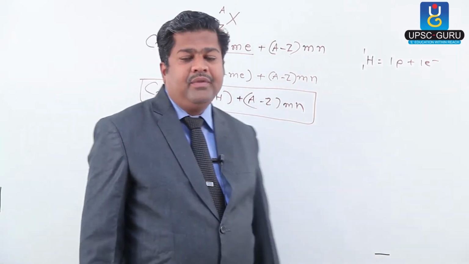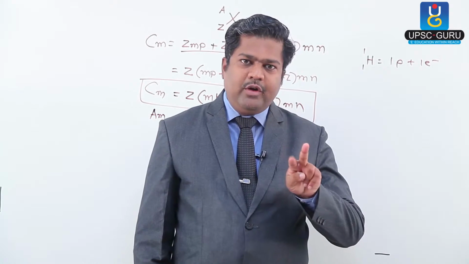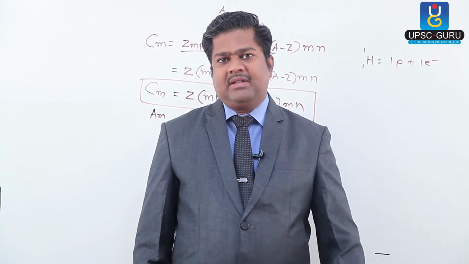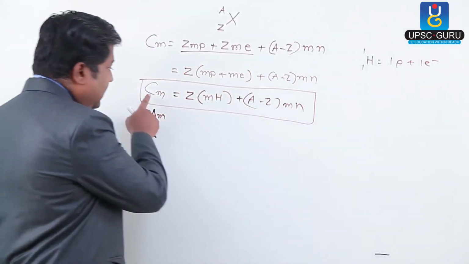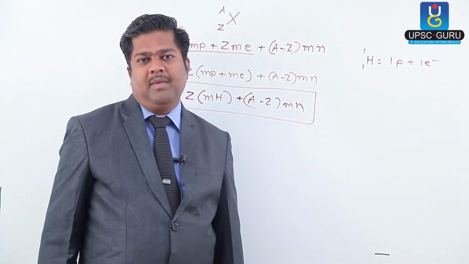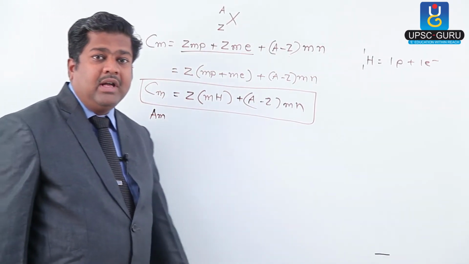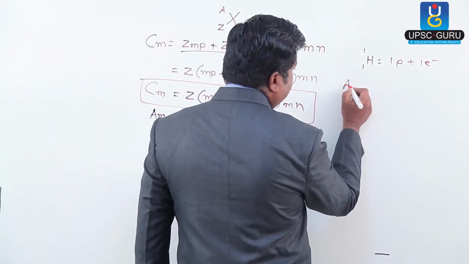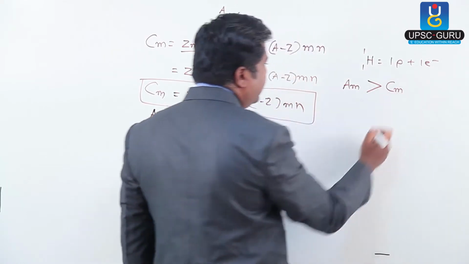Now scientists were just analyzing data. Actually, what we are going to calculate as mass must be the same as the actual mass. The theoretical mass and the observed mass should be the same. This is the theoretical mass, whereas this is the observed mass. So the calculated mass and the actual mass should be the same. But every time scientists observed that the actual mass is found somewhat less than the calculated mass.